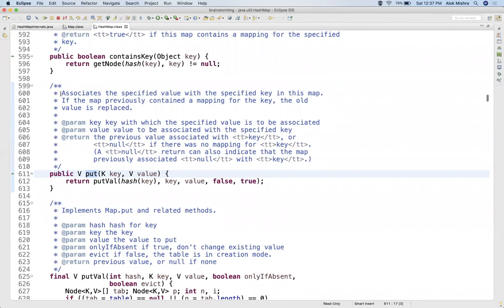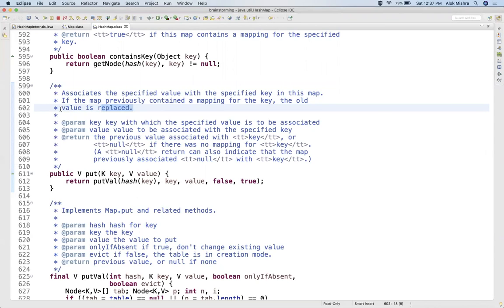So here you can see it associates the specified value with the specified key in the map. If the map previously contained a mapping for the key, then the old value is replaced. That's why in a HashMap, we cannot store a duplicate key. So for the given key Alok, we can store only one value.